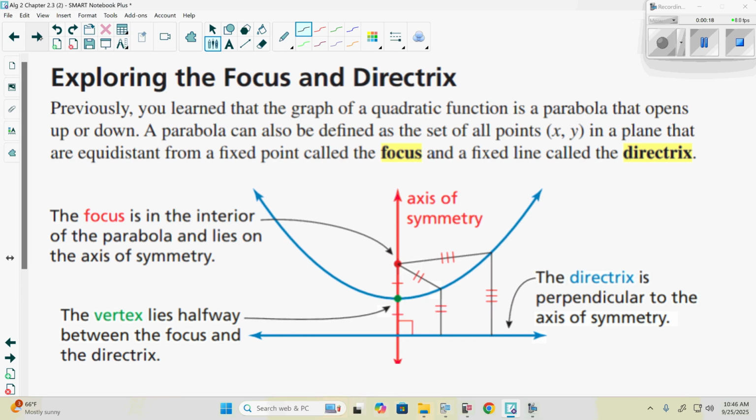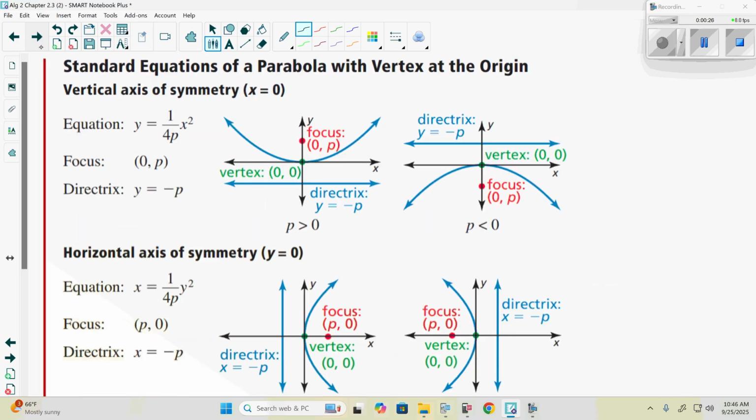What we're looking at today is 2-3-2. So it's still the same equations, but the big difference is that the vertex is going to be at the origin. So for all the ones that we're looking at today, the vertex is at the origin. All that means is that the vertex is at the point (0, 0). So that means our values of h and k are both going to be